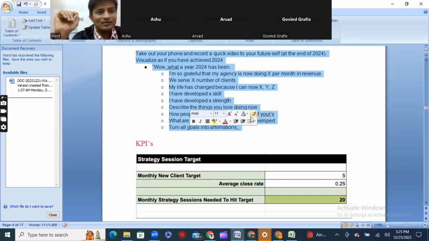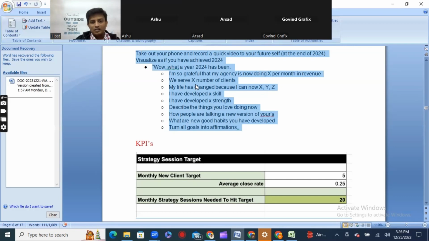You should utilize it, because when I have written the goal, most of the things that I need are given by the universe only. That is happening to me also. So don't think about how you can achieve this many goals. The universe will make this happen. So do this exercise. This is a very powerful exercise, and it has given me results, and people are doing it. This is the right way.